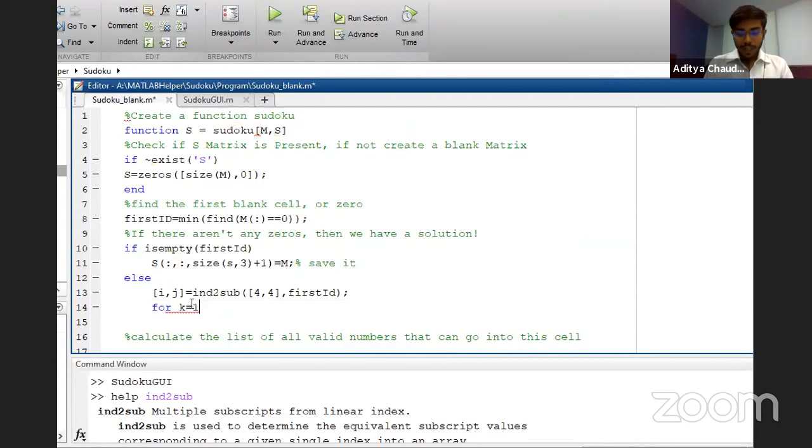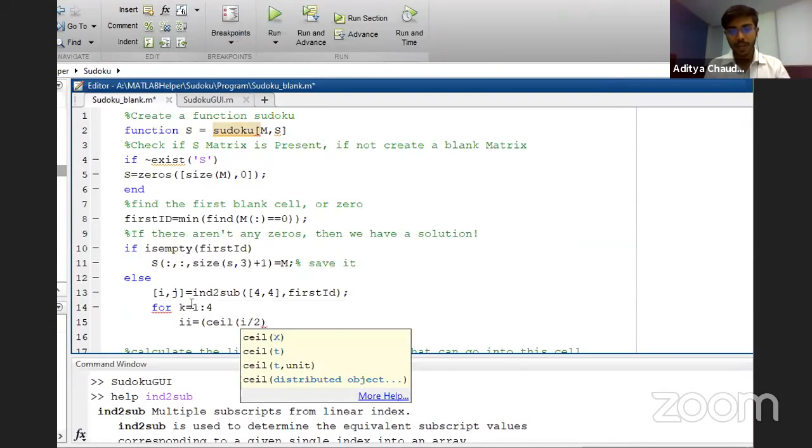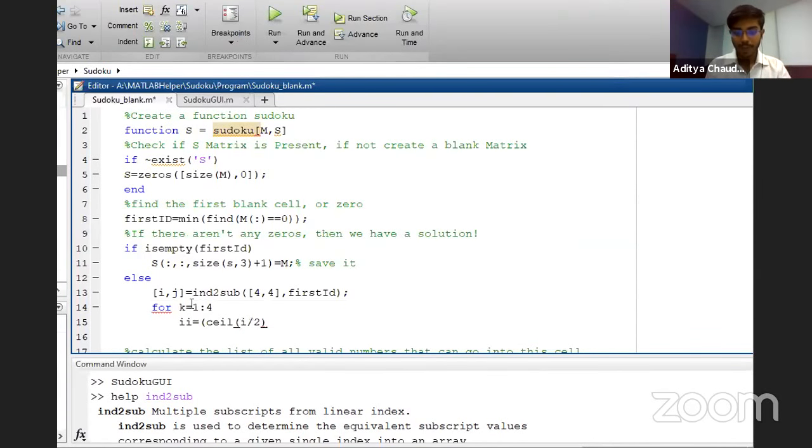So we'll be writing for k equals 1 to 4. So we have to calculate all the possibilities, and that's why we'll be using this k equals 1 to 4. Okay, and then we are creating one more variable I, which will give us the ceiling value of I by 2. I is our index matrix, the position of the matrix where 0 is present. Okay, so that's times 2 plus 1 because there will be a